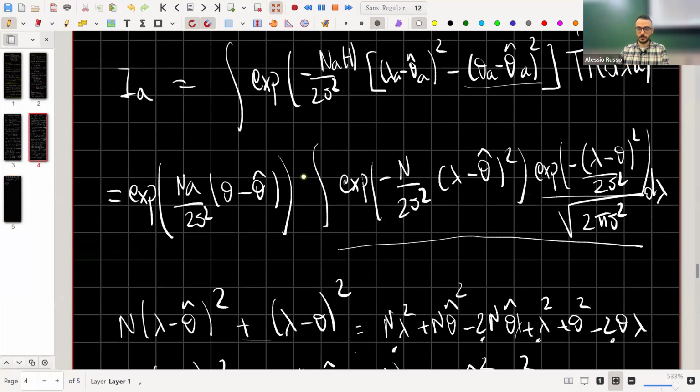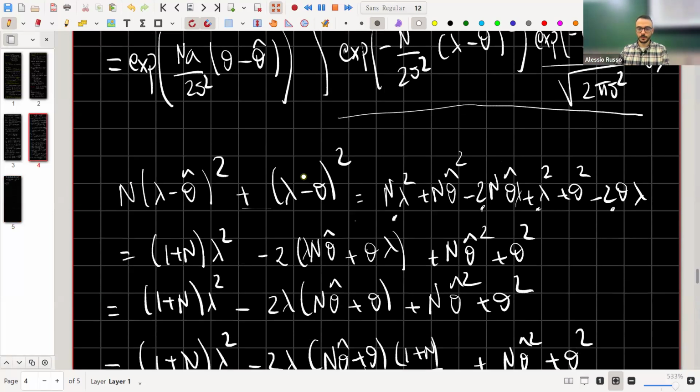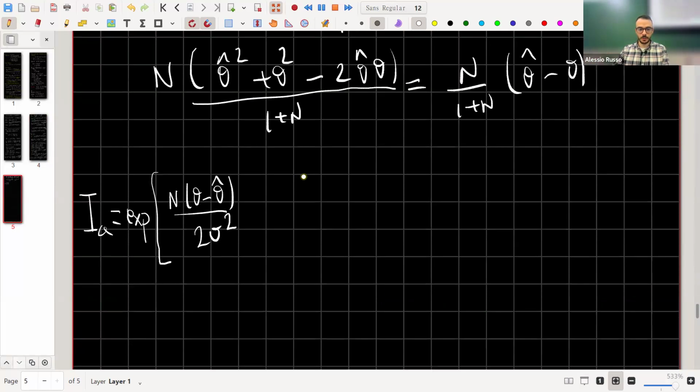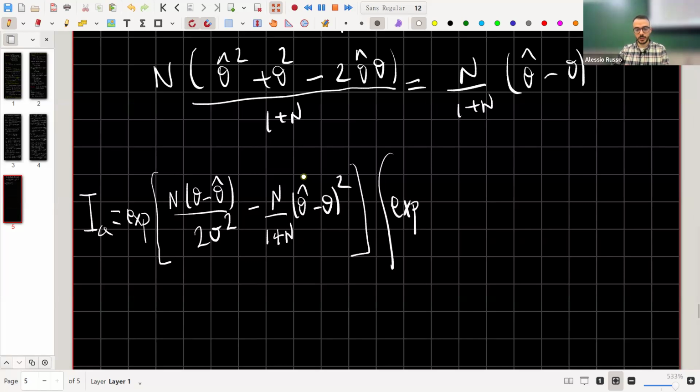Because remember, we simplified the sum of this expression. And since there is a minus, here we get minus n divided by 1 plus n times theta hat minus theta squared. And what will be inside the integral? It will be exponential of minus,